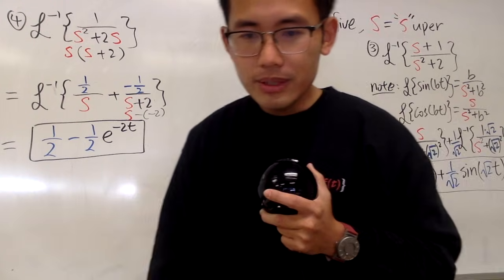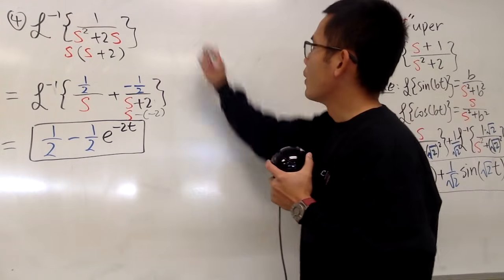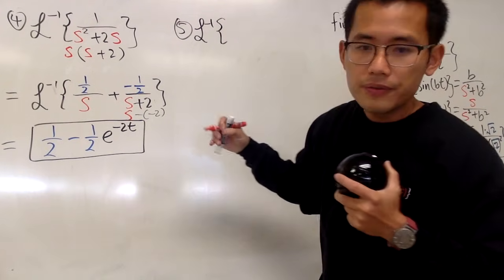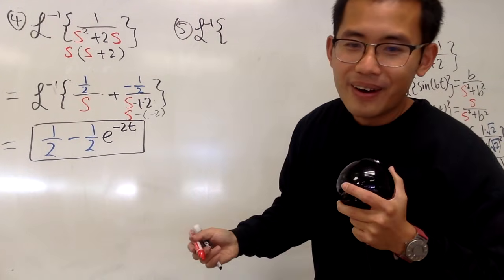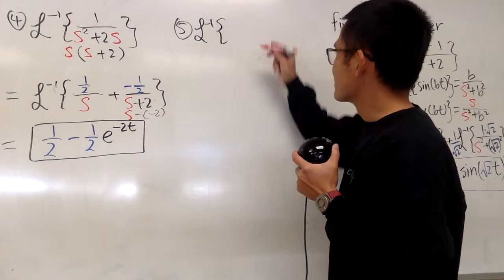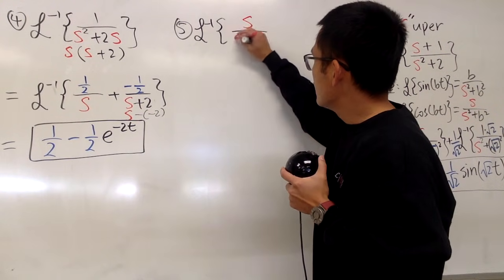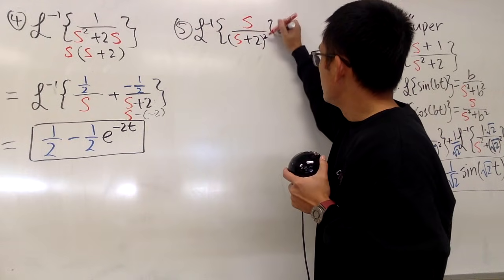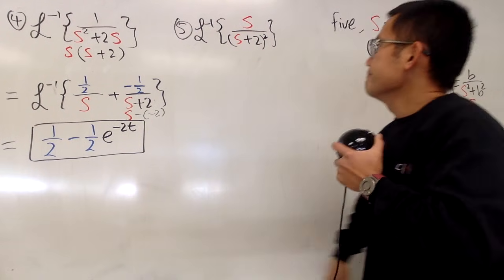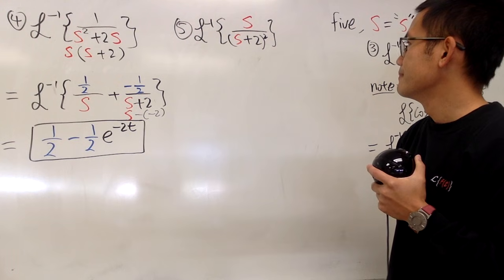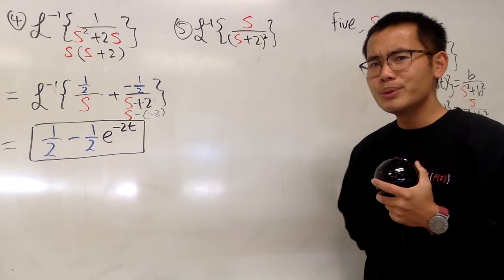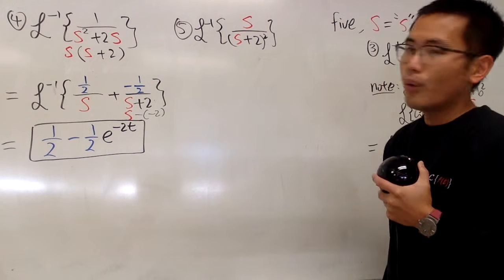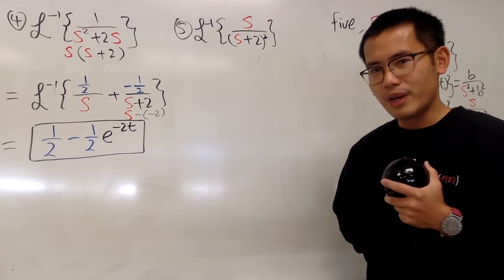Okay, now let's look at the 5th one. We have the inverse Laplace of s over (s plus 2) squared, like that, right? We can do some partial fractions if you like,